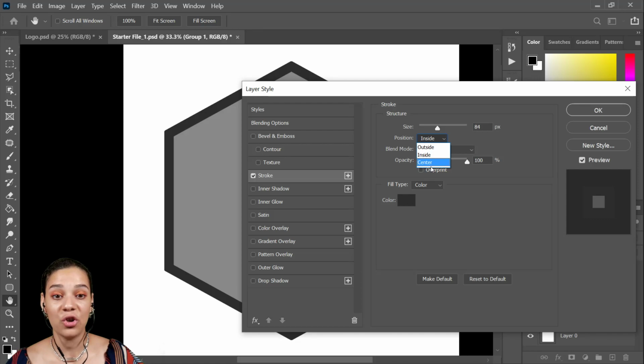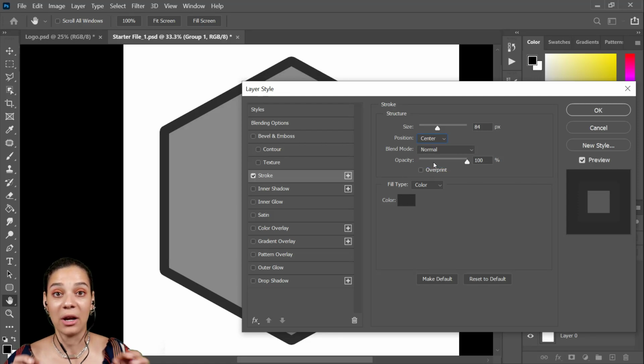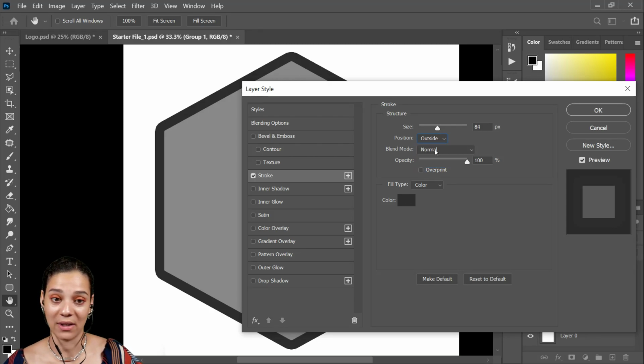But I can also change it to center, which means from the very edge of my shape, it applies the stroke to the inside and outside at the same time, which is also very useful depending on what project you are working on. I'm going to keep mine outside for now because that's my personal preference, but I could also